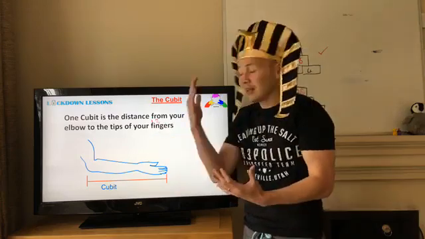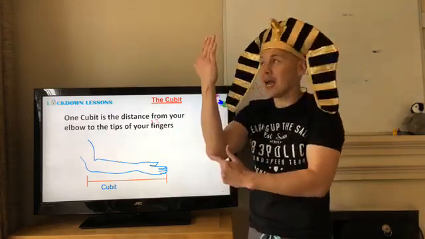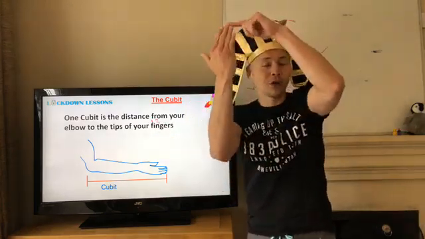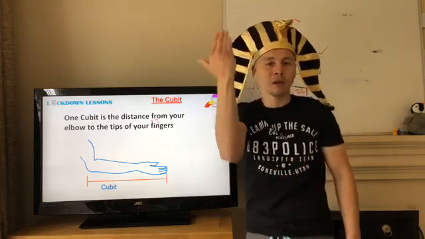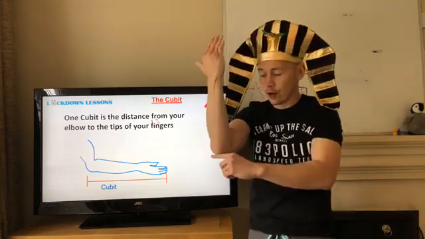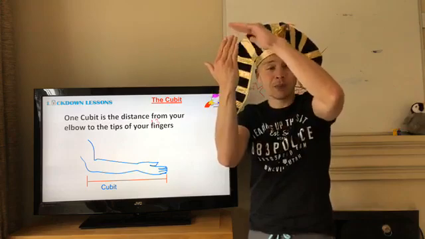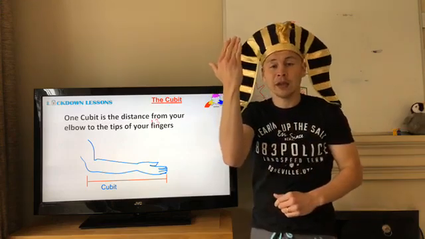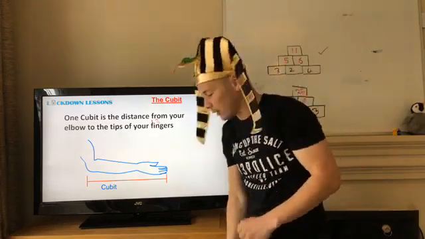Okay? The cubit is the distance from your elbow to the top of your finger. So everyone had rulers on them, everyone had things to measure with. So from the elbow to the tip of your finger. Okay? So the first thing I want you to work out,